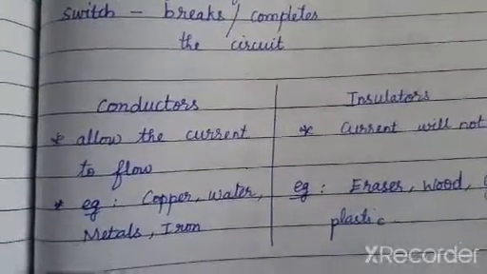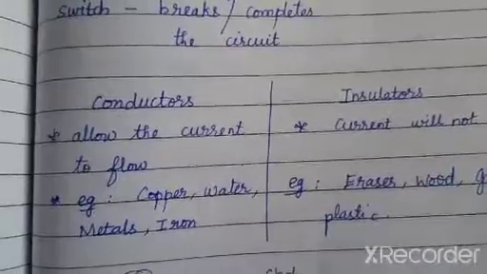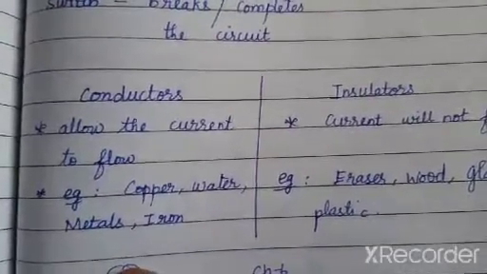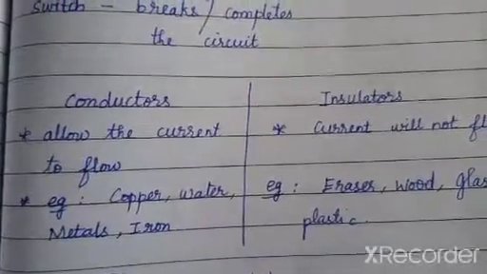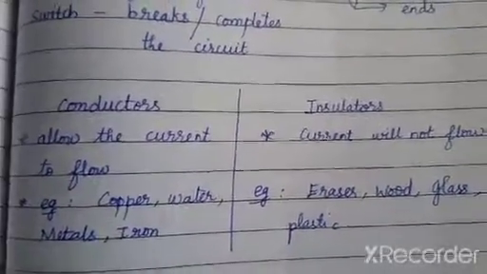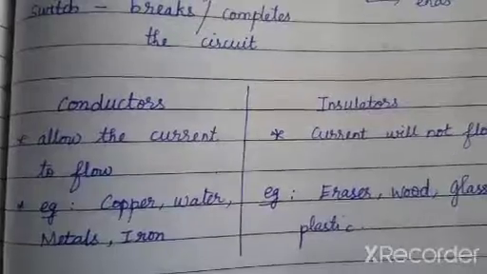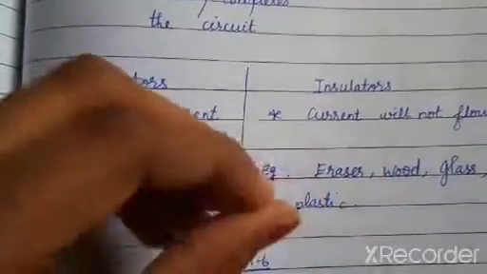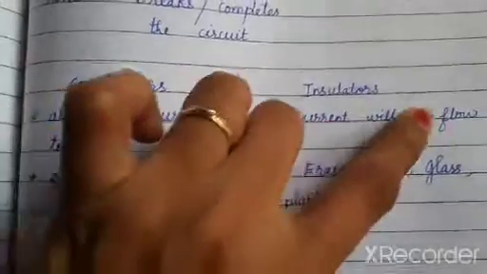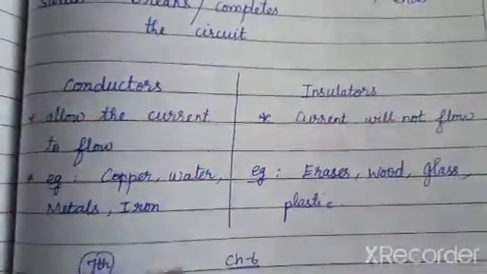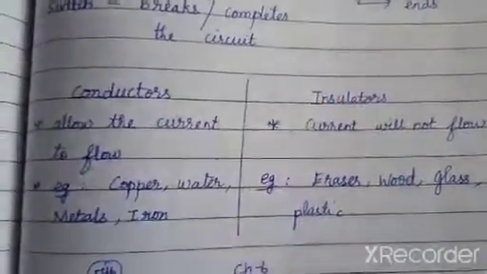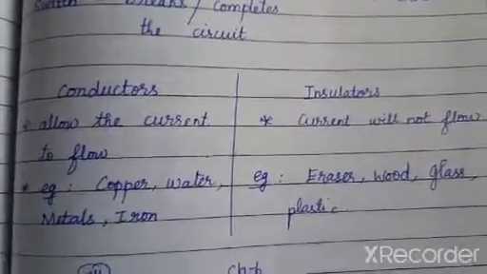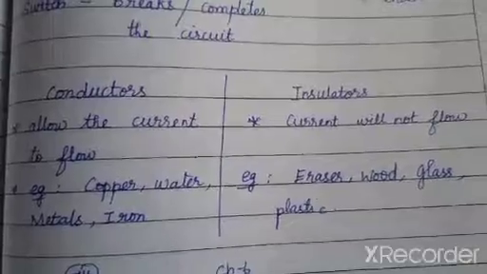And the electrician, while at work, will use rubber gloves. Why is he using rubber gloves to operate or repair any electric components? Because rubber is also a material which cannot pass electric current through it. It is an insulating material, so it is safe for him while repairing the electric components.